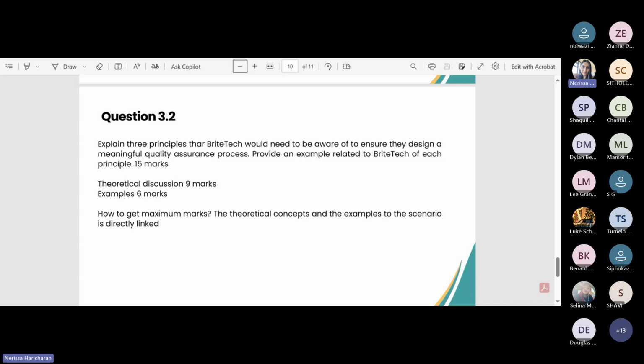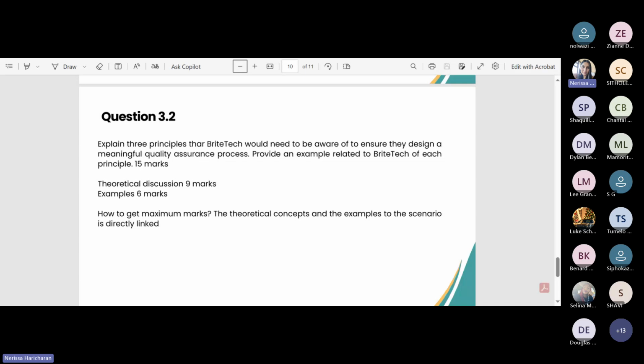They understand what the goals and objectives of the business are, and they use their full ability and skill to achieve those goals and values that are set out by Brightech. So explaining your theory first and then putting it in